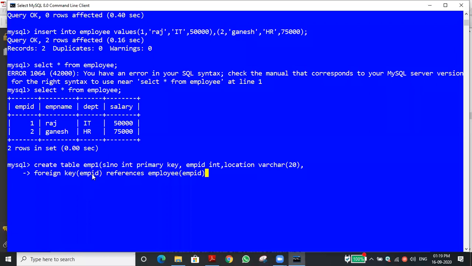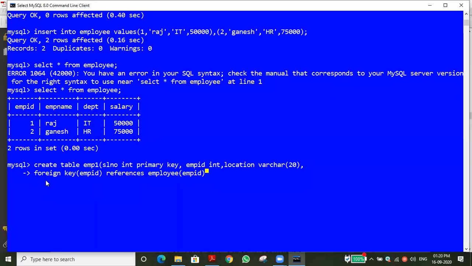The EMP ID may be a primary key or unique key, but in the employee table the foreign key is a primary key. It may be a unique key also. We can give another thing also, that is a unique key. So that's why I'm repeating the definition.